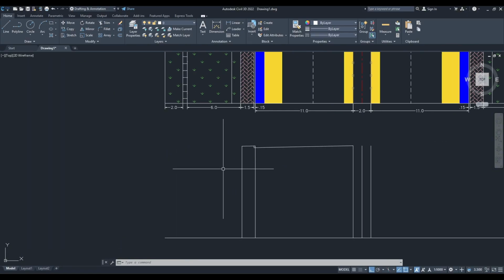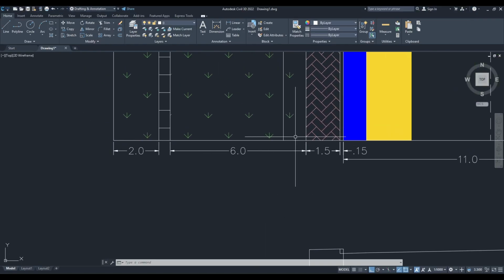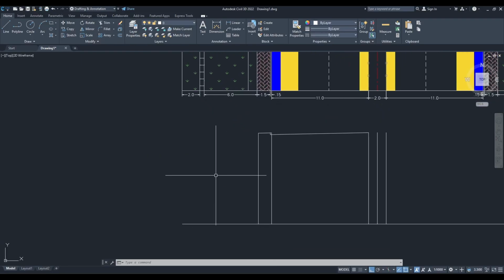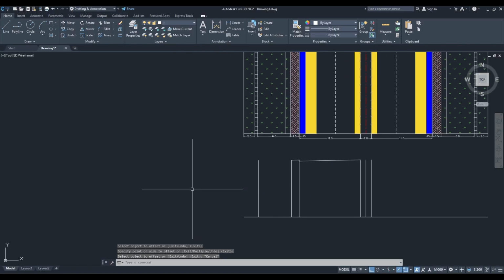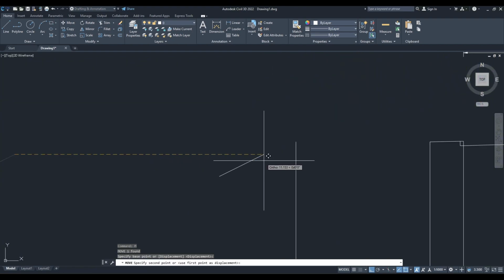Now for example, the slope was here 2 into 1%, but we already gave the distance of the slope as 6 meter. So we will simply take the offset command and enter the value of 6, and for now place this line here. So 2 into 1 ratio slope is like this, 2 here and 1 here and C to close it. Now delete this part, and here we have a slope of 2 into 1%. We can place it here,